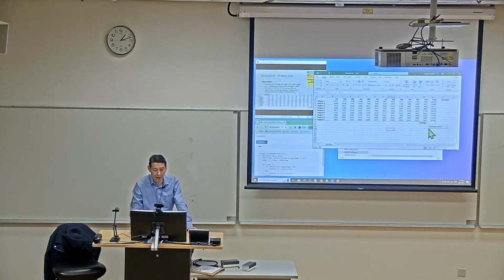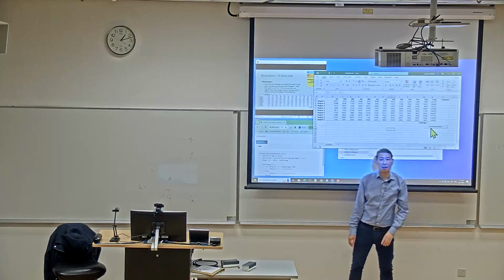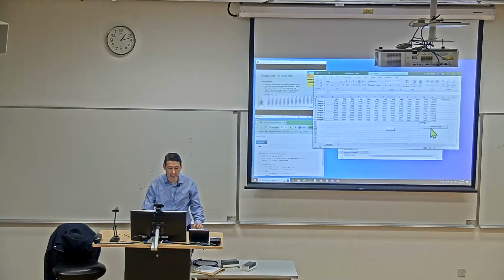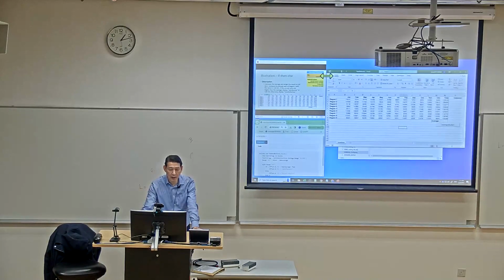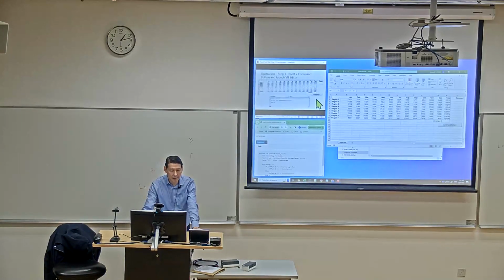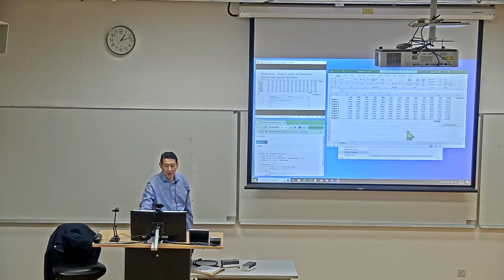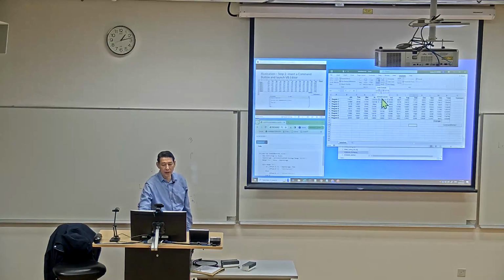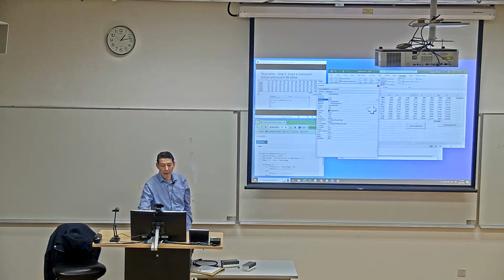Okay, so we have a button here already actually. This is the command button, and I showed you how to do this last time, the steps to create a command button. Let me quickly go through the steps. Go to Developer, Insert, ActiveX control button, draw the button. Step 1. Step 2, go to properties, change